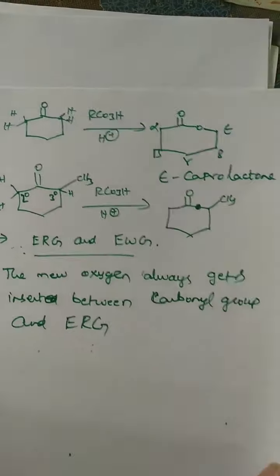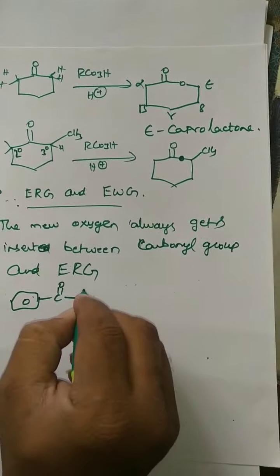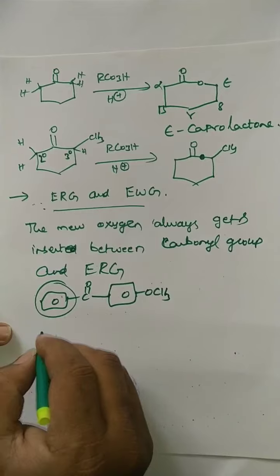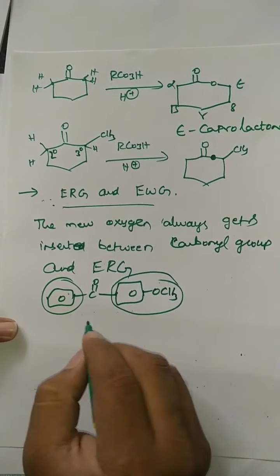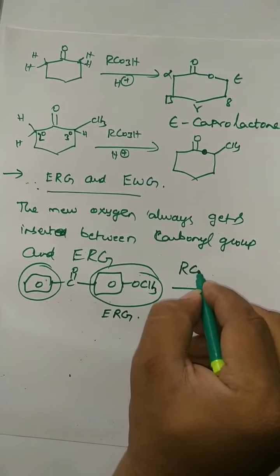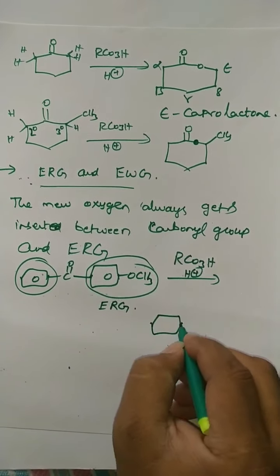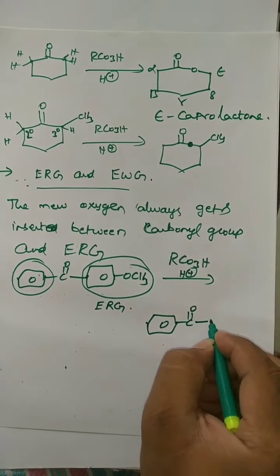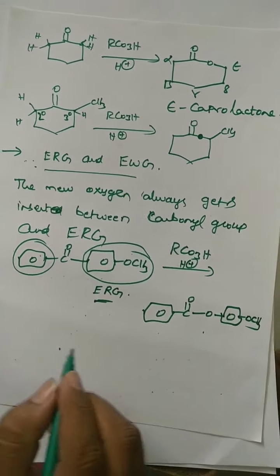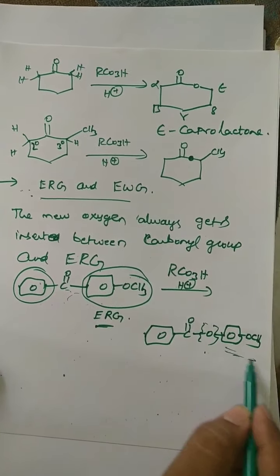So for example, see here, very important. Now I am applying this one. On one side phenyl, like this it is given students. So this is the phenyl group. Which one is the more powerful releasing group? This is the powerful releasing group. So when you treat this compound with peracid, what product are you going to get? The new additional oxygen always inserts between the carbonyl carbon and this more powerful releasing group.